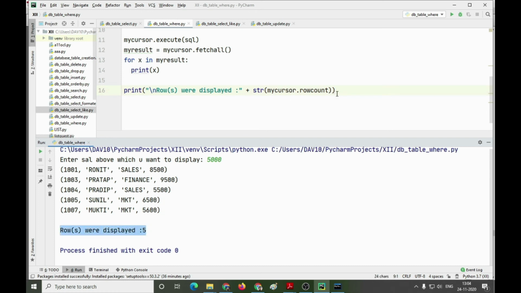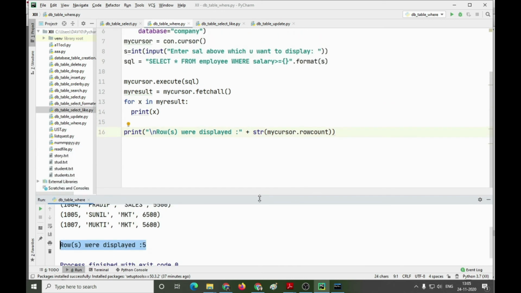This line is due to this. I have written mycursor.rowcount, converted it into a string and then concatenated it with this string, and so we are getting this result at the end. The number of rows displayed is shown like this.